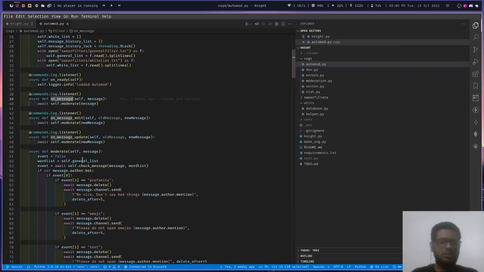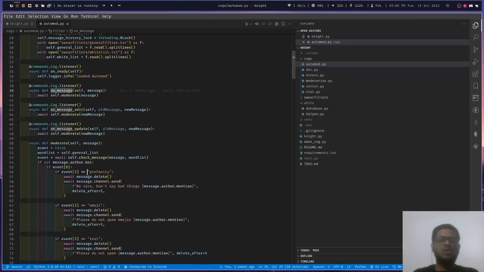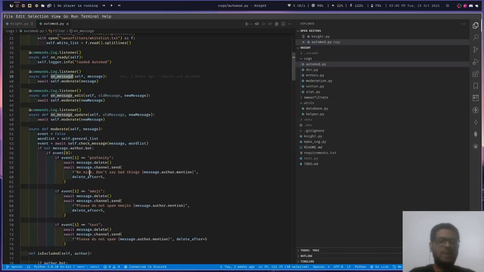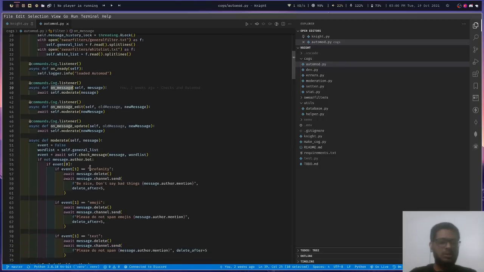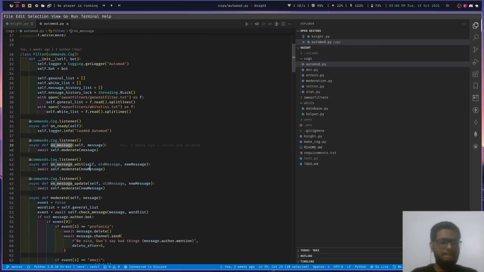The moderate function, as I said, will check for profanity, emoji spam, and text spam. So profanity is all the bad words which I cannot run and show because of all sorts of bad words, but I will show how this is done.